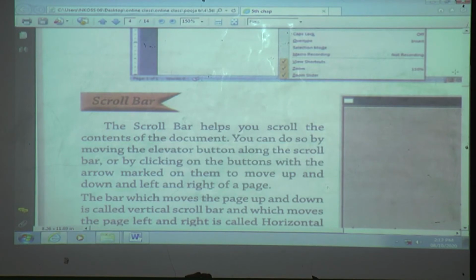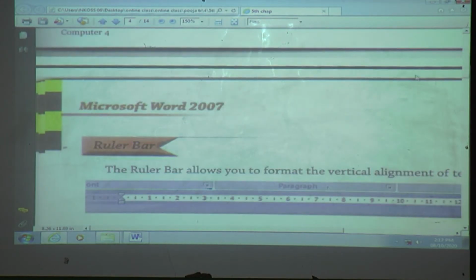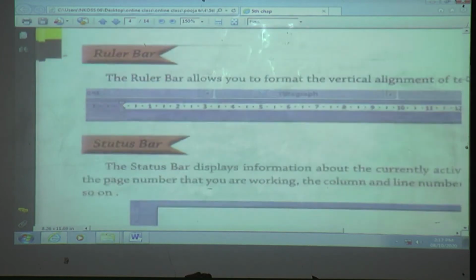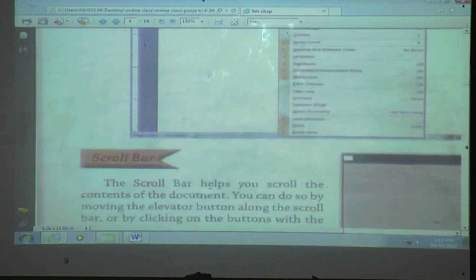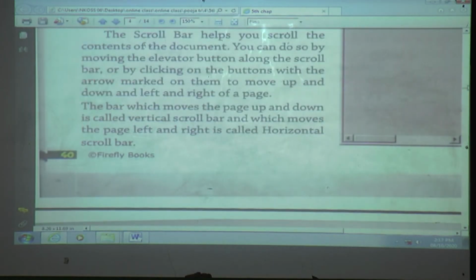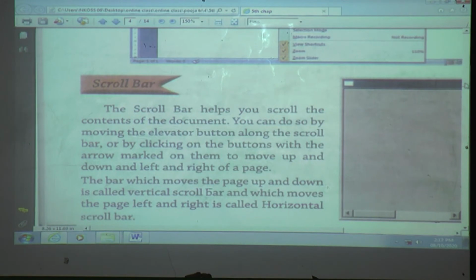Okay, you can see it is called a scroll bar. See, where is my arrow? Not a cursor, it is arrow. See here, on the arrow, what is the use of this? For moving the text up and down. Then which scroll bar is it? Which scroll bar is useful for moving up or down? Yes, vertical scroll bar. Got it? Use of the vertical scroll bar.